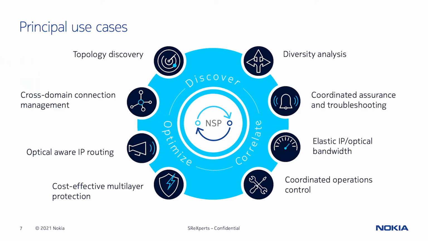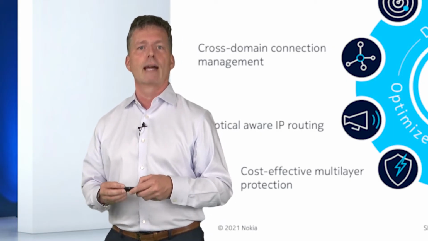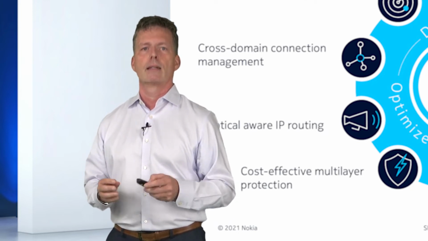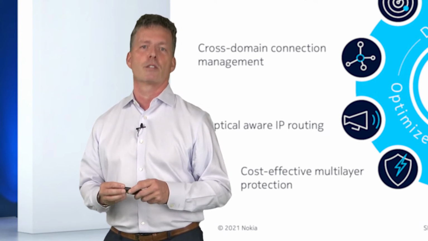Next, we have the correlation use cases, which are primarily focused on correlating events between the IP and the optical domains. The first one is coordinated assurance, which bridges the gap between alarms that occur in the IP domain that actually have a root cause in the optical domain. Often, problem symptoms can mask root causes, and root cause faults can cause floods of related secondary alarms. As operation folks know, when you're faced with a flood of alarms, it can be overwhelming to determine the root